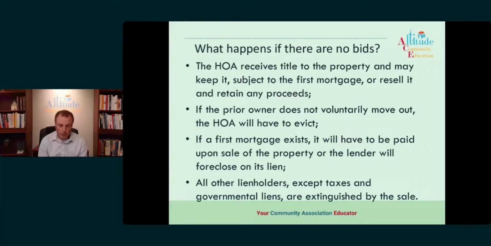That's really only going to work with an association that has a fair amount of money, more than likely, but it is a possibility. Another issue that's going to happen is if we get the property at foreclosure and the owner or tenants don't voluntarily move out, then the HOA is going to have to evict. The eviction process is not overly complicated, but is sometimes a pain. It's usually going to take you, again, probably 60 days on average. If everything were to work out perfectly, you might be able to get it done in 30 to 45 days, but more than likely it's going to be a little bit longer than that.